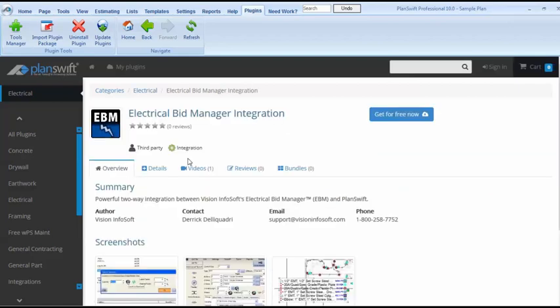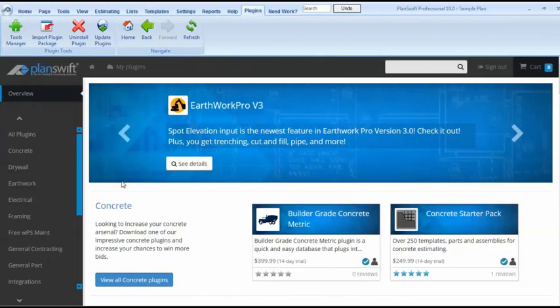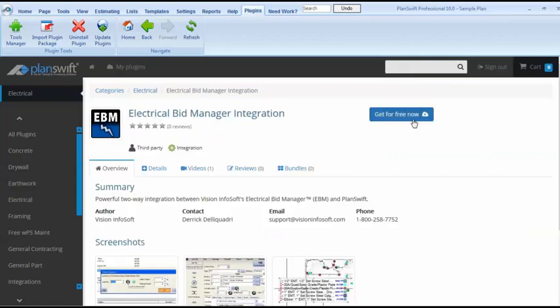You'll want to be signed into the PlanSwift online store. If you haven't created an account for the online store, you'll have an opportunity to do that here, but just go ahead and get signed in, and once you're signed in, go ahead and click on the Get Free Now button